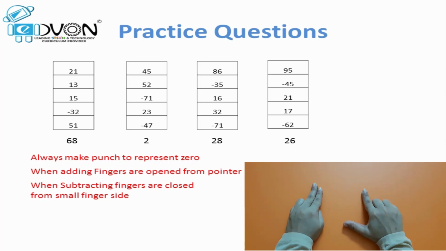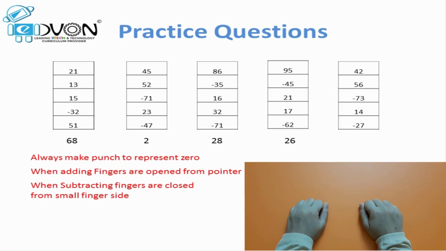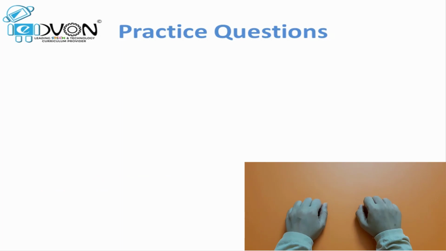Answer is 26. Next question. 42 plus 56 minus 73 plus 14 minus 27. Answer 12. We will practice few more questions for different values, but